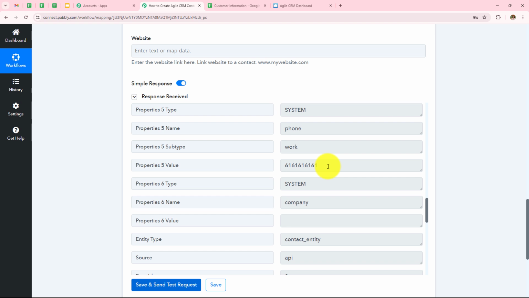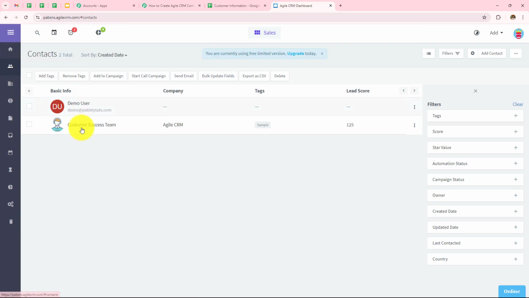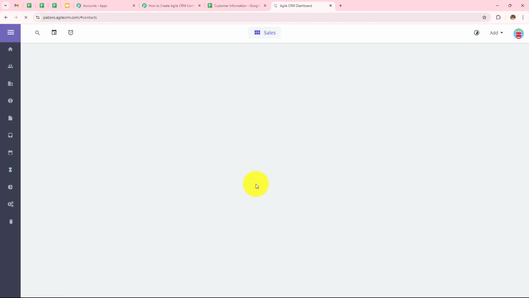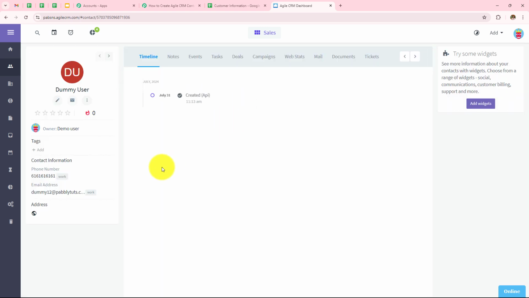Now let's open our Agile CRM and check whether this contact has been created or not. Over here on the left hand side, we have to search for contacts. And let's refresh the page once. Over here we can see we have successfully created the contact by the name dummy user. Let's open this. So the name was dummy user. The phone number was this and the email address was